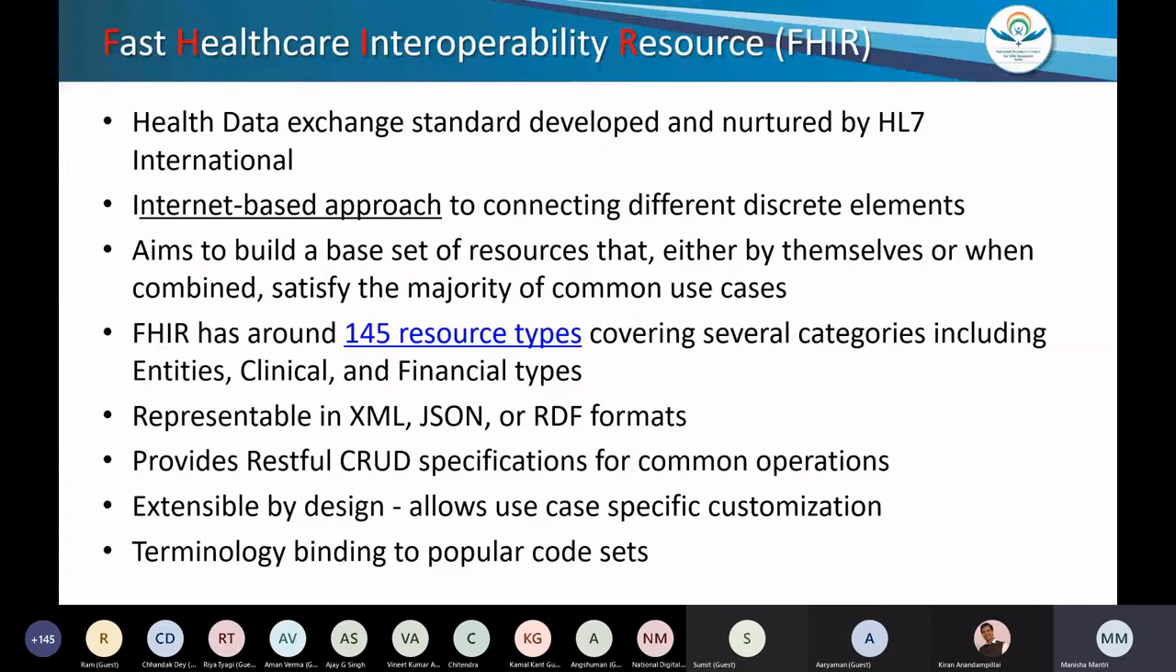It's being called an internet based approach because it supports all the latest technology, the REST API specification, XML, JSON, and RDF formats. It actually consists of resources that can be used in healthcare to exchange data and take care of the common use cases. So the resources themselves would be used, or they may be combined together to satisfy the use cases of exchange in healthcare. So it has around 145